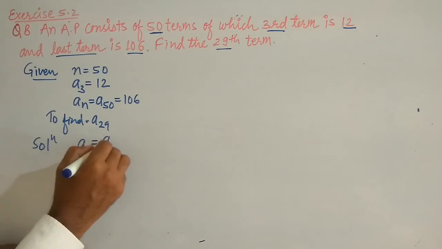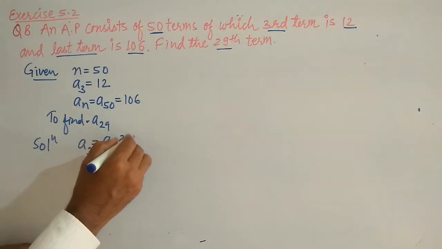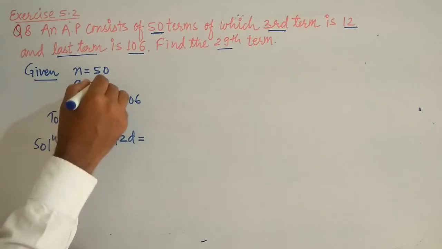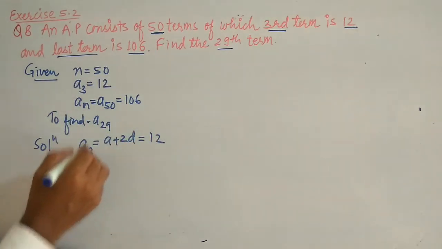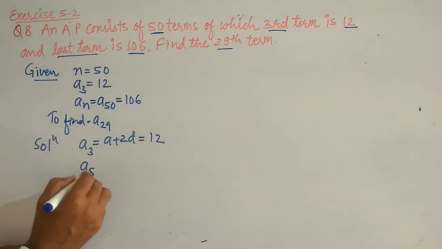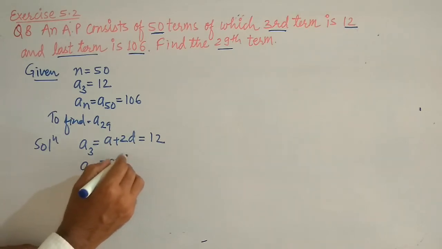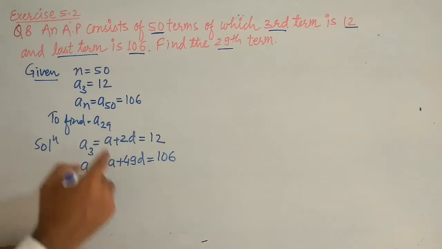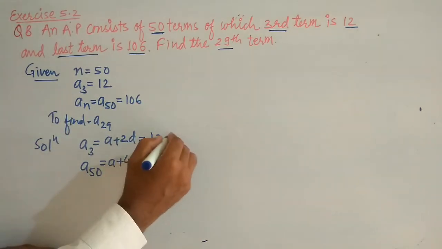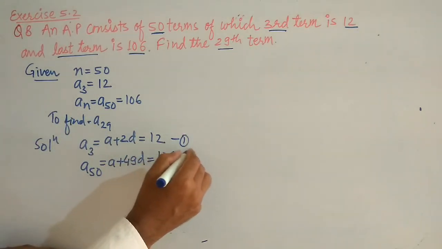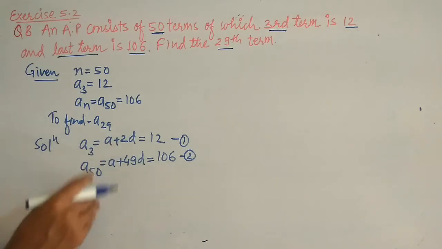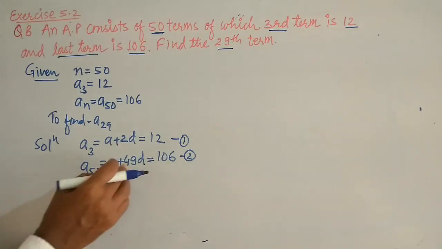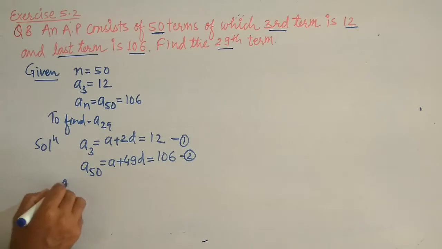Third term. The formula for the third term is what? A plus 2D is equal to what is given? 12. And the 50th term is what? A plus 49D is equal to 106. The 50th term is 106. This is the first and second equation. We will use the elimination method. This minus this means